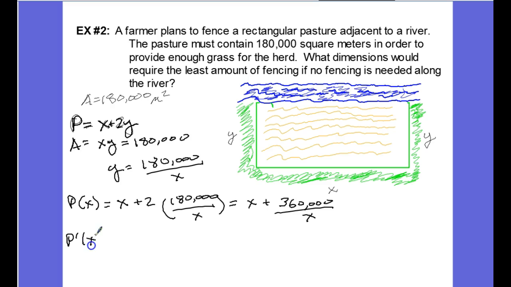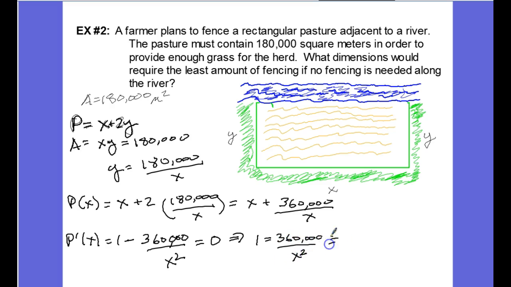P prime of X will be equal to, the derivative of X is 1, and this is 360,000 times X to the negative 1 power. Differentiating, we get minus 360,000 over X squared. And setting that equal to 0, we get the following relationship. 1 equals 360,000 divided by X squared, which yields X squared equals 360,000,